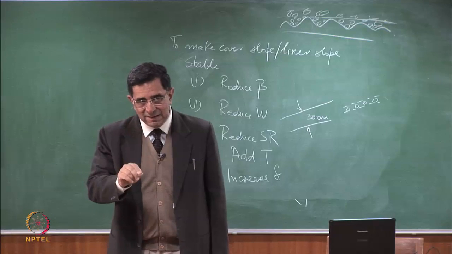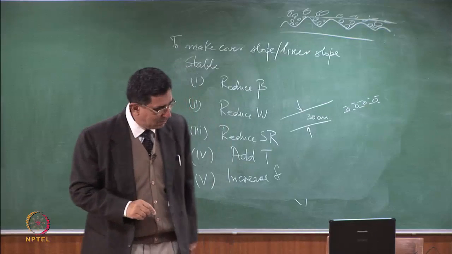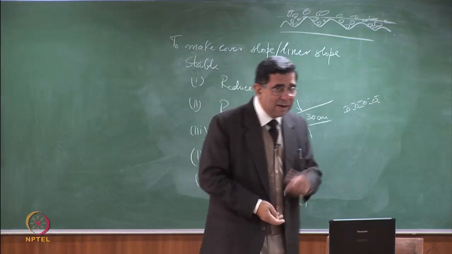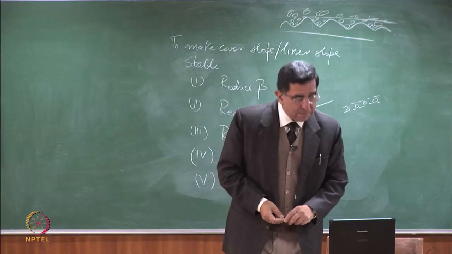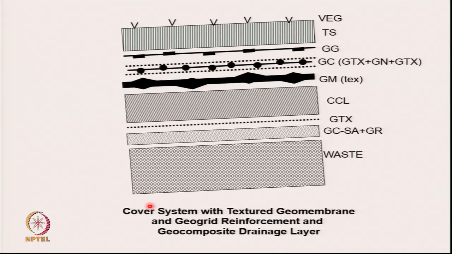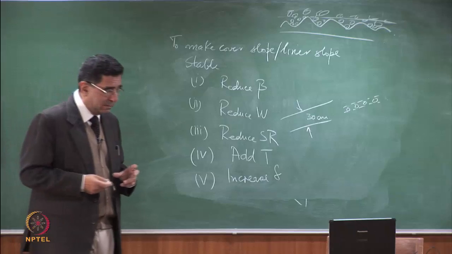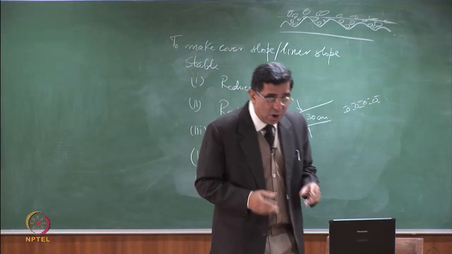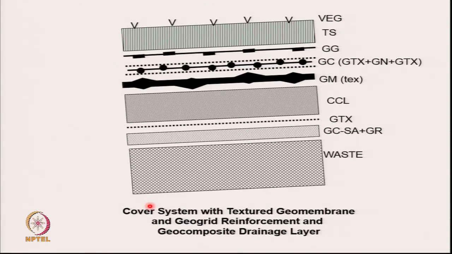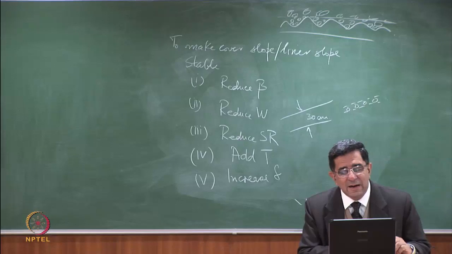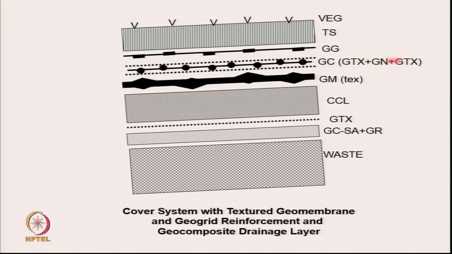So exactly this, don't put any sand between the geomembrane and the clay. Let's look at a couple of case histories. Real life problem. So what do you see here? Here the waste slope was not becoming stable. So what they did, whatever I have written on the board, they did not reduce the topsoil thickness, but they replaced the sand with a geocomposite: geotextile, geonet, geotextile,